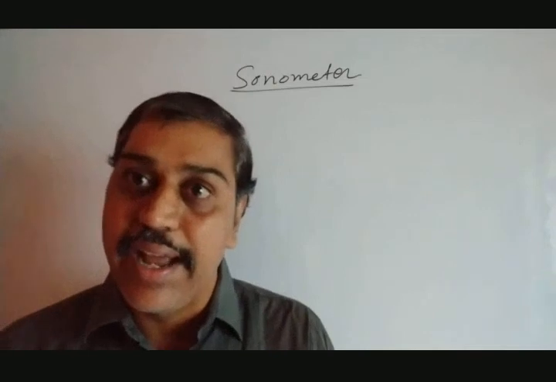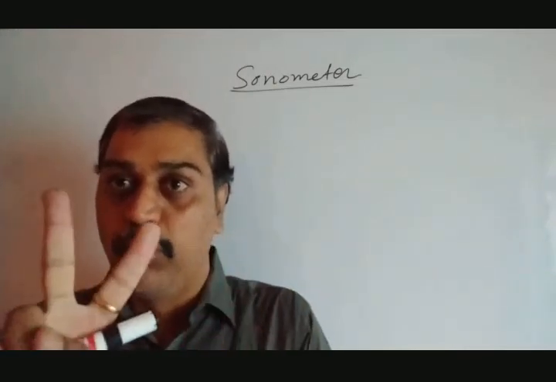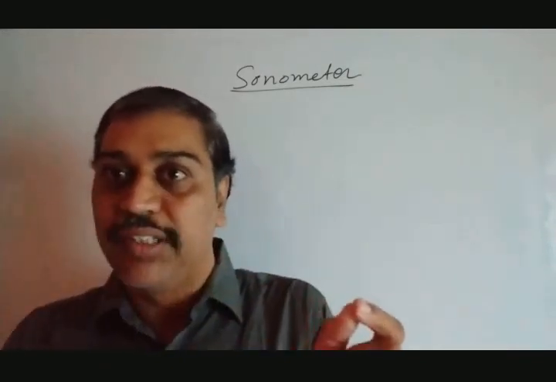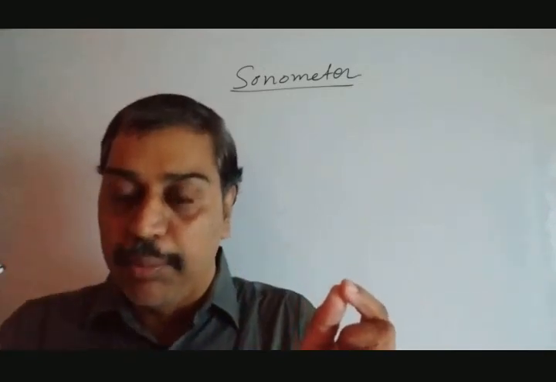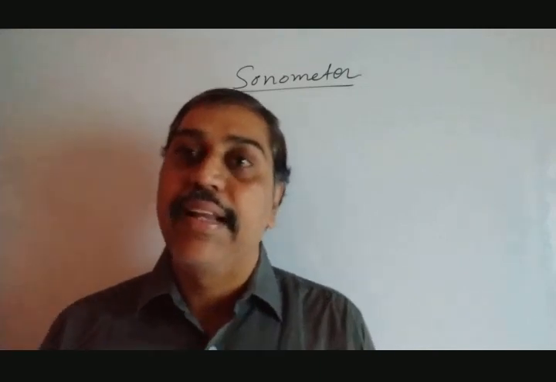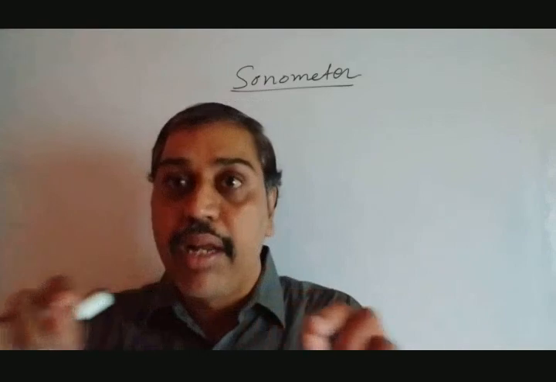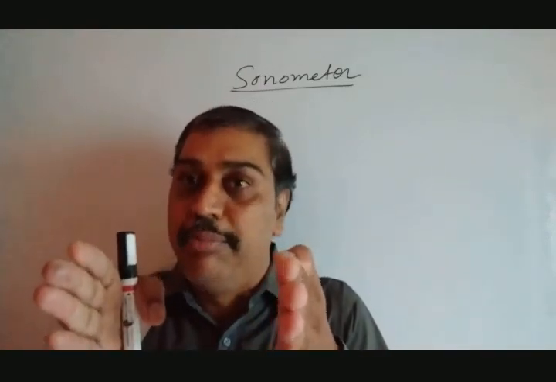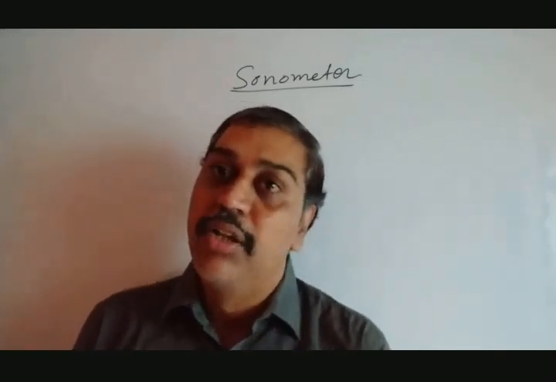Inside the box there is air, and this has two triangular bridges. Above the bridges, the wire is arranged. One end of the wire is fixed, the other end goes over both the bridges, and at the other end, through the pulley, some weight can be attached to that string. When some weight is attached, the string becomes stretched on the two triangular supports that are said to be bridges. And this instrument is said to be the sonometer.